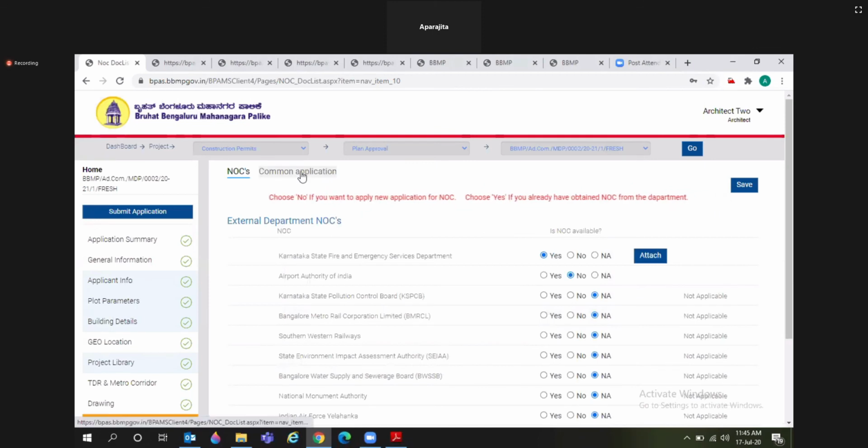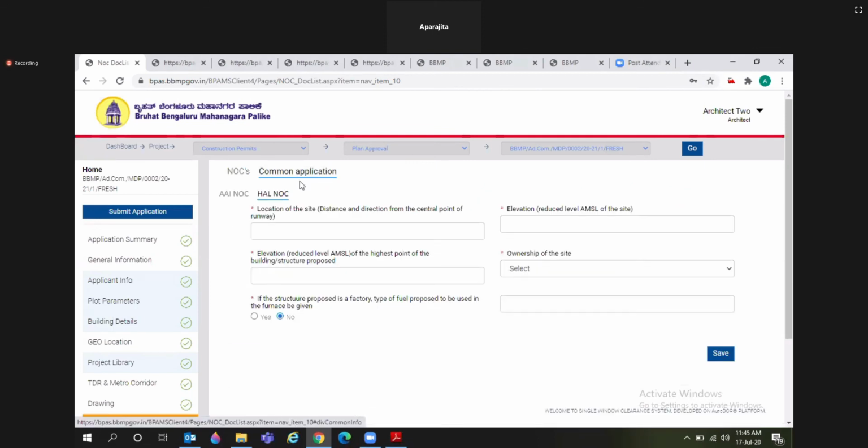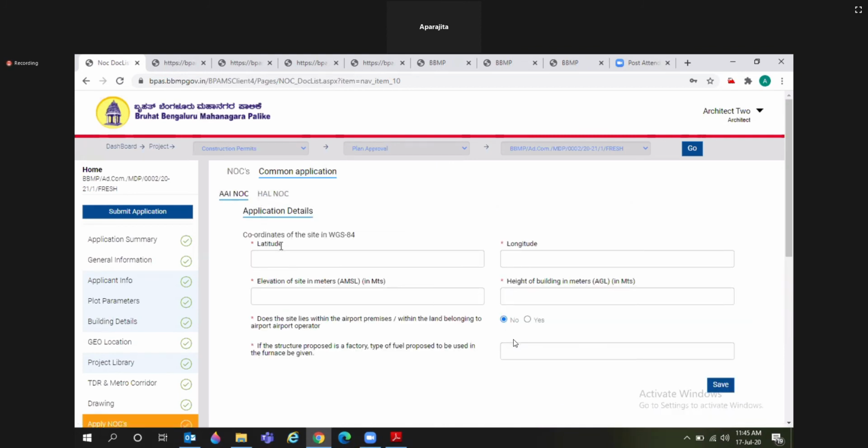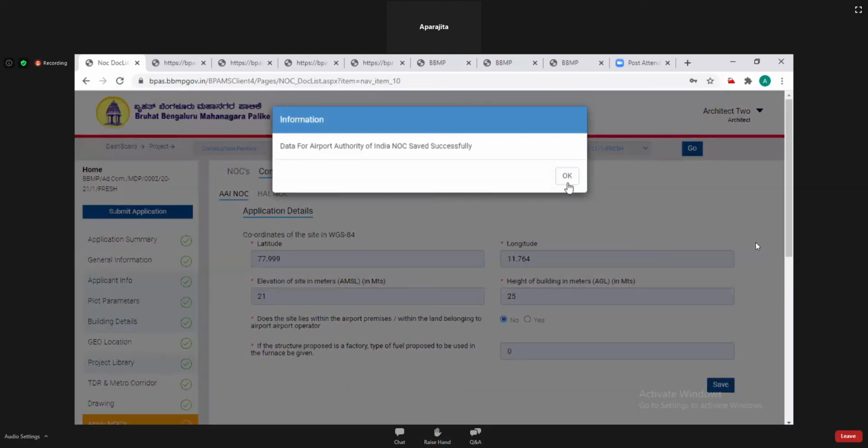Click on the save button. Under the common application form, the selected NOC department application form has been generated. So you have to fill in the relevant fields. Then click on save.